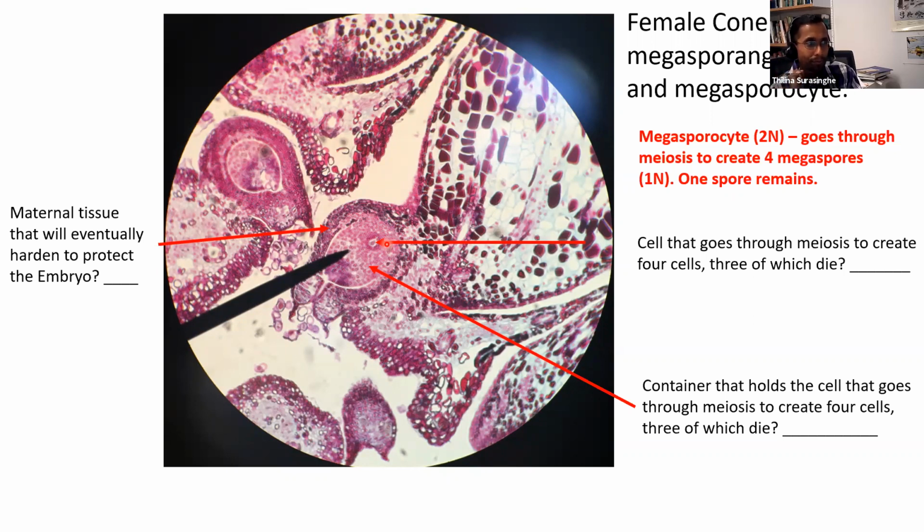And then the container that holds all of this, what's the name for that? Megasporangium. Very good. Since I'm only pointing to this particular part, that answer is right. That is megasporangium. And this particular part, the multicellular outer covering of the megasporangium, is going to be